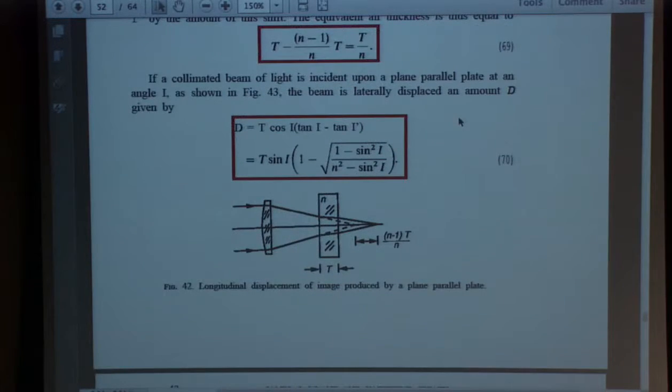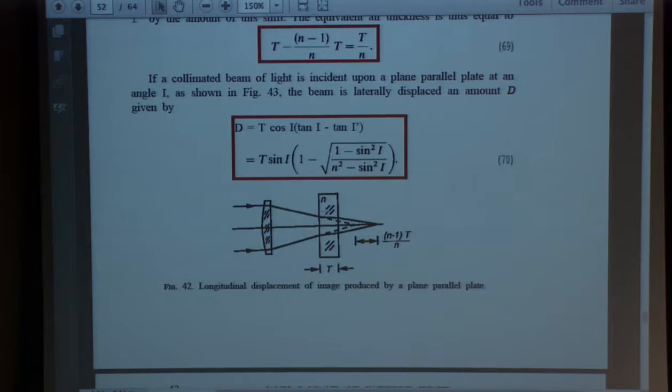So we'll first talk about a longitudinal displacement. So now I have a window in my test setup, and I'm imaging through that window. And lo and behold, the image is not where I thought it was. It's going to be shifted a little bit here when I put in the window. And the amount of shift